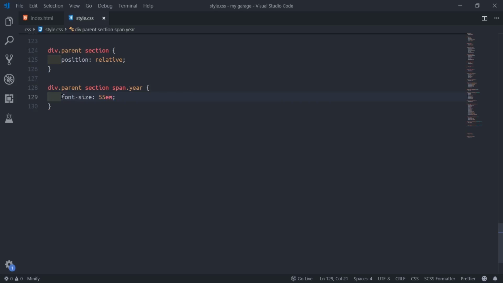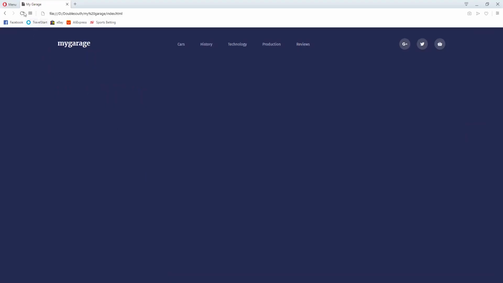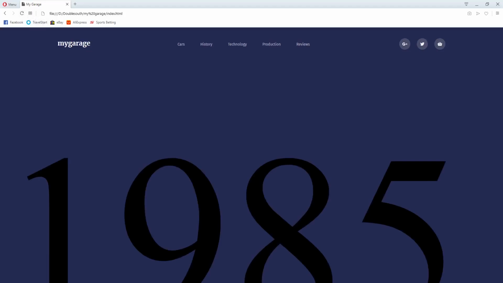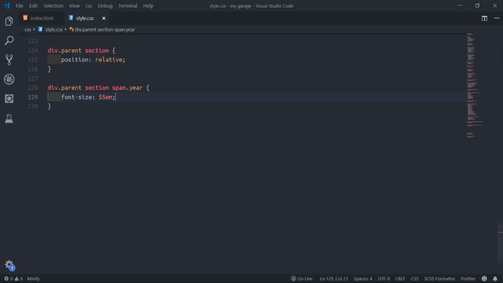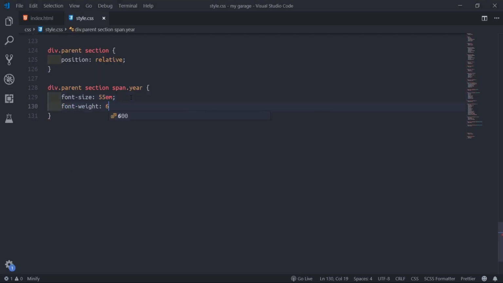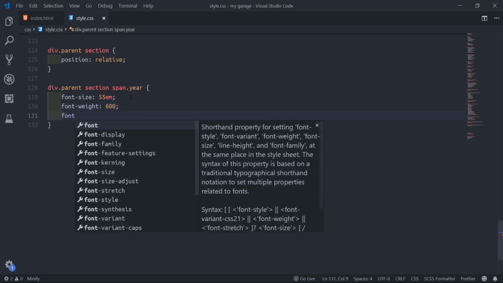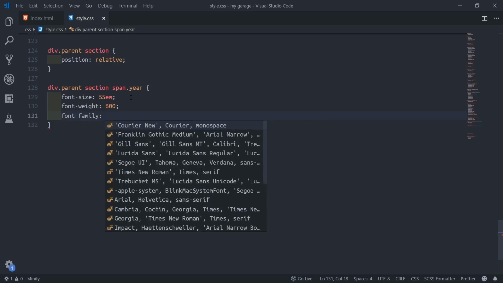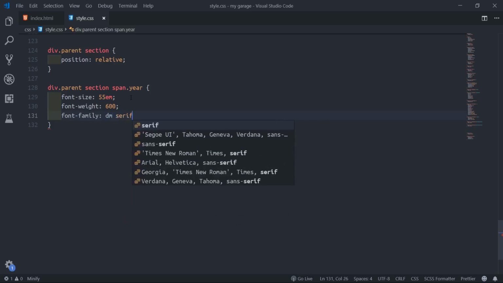Then let's run it and see first. See, it's so big, 55em. Then we'll make the font weight 600. Then we'll give a font family. I'll say DM Serif.